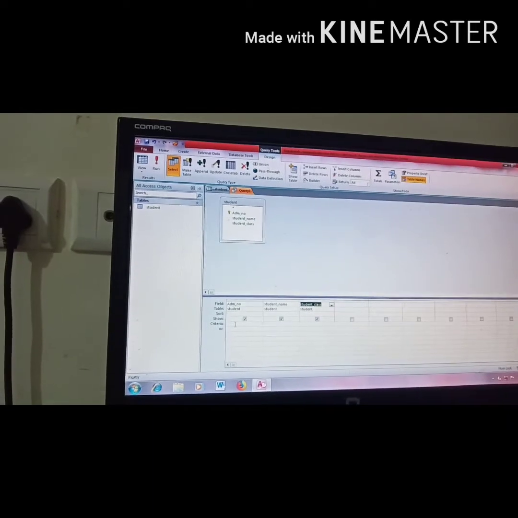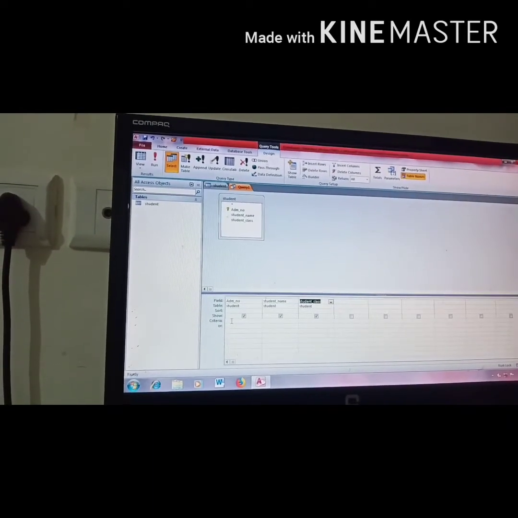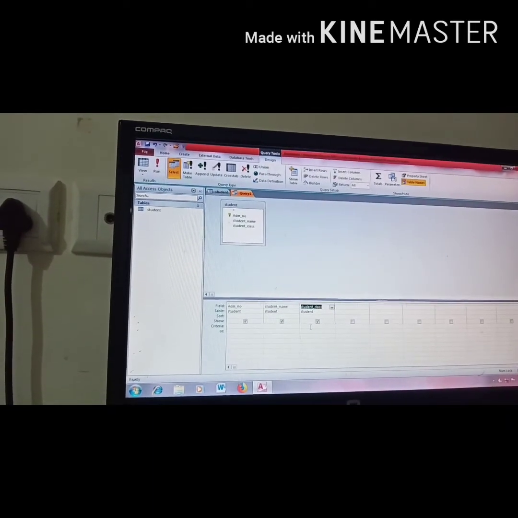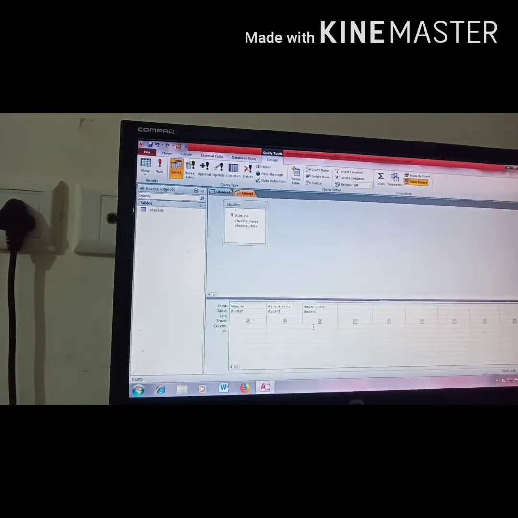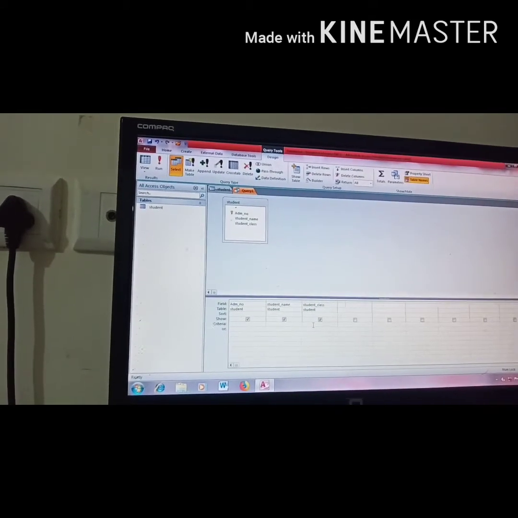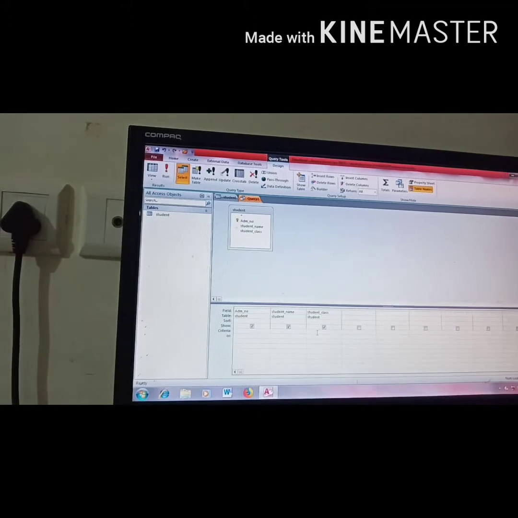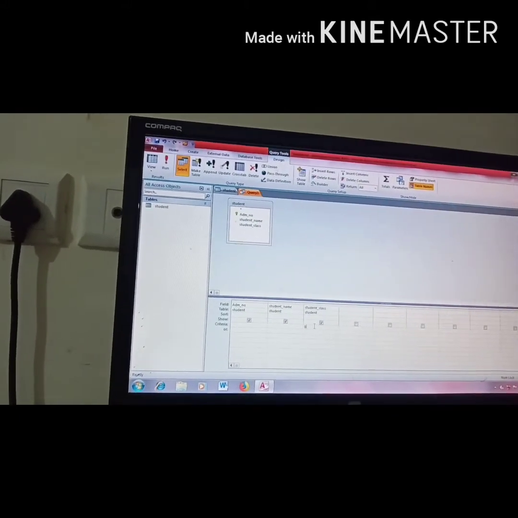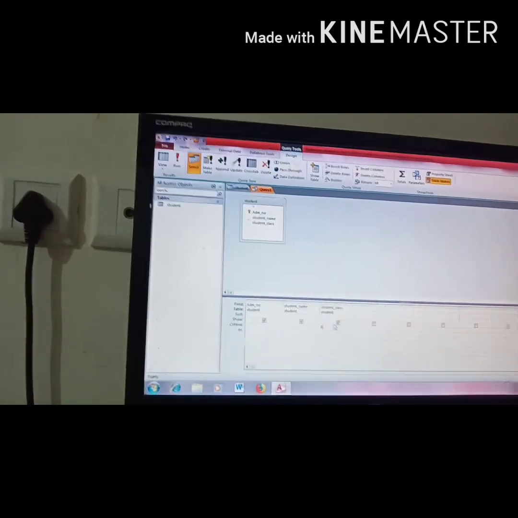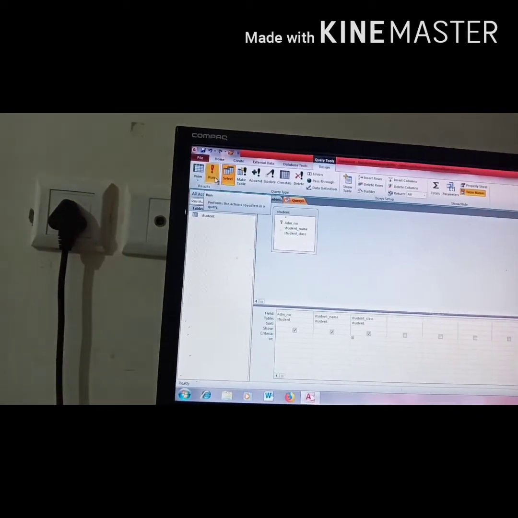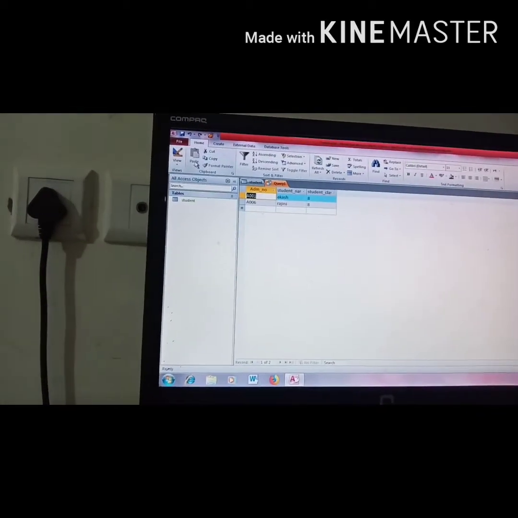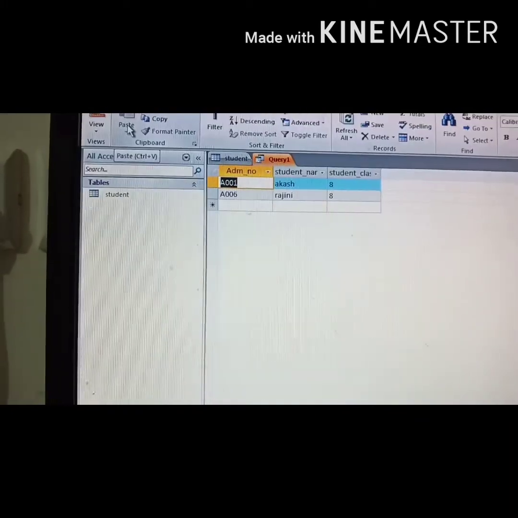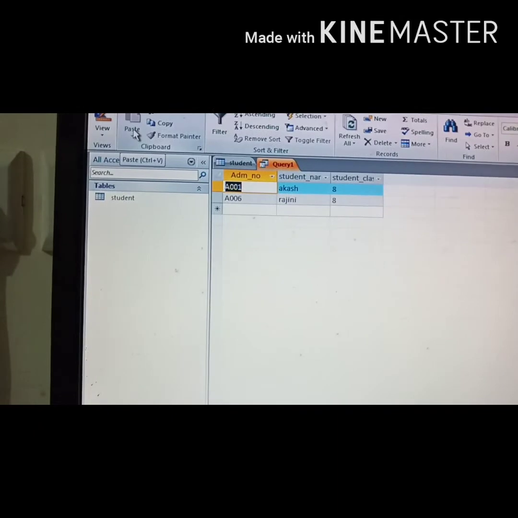So to evaluate this query, I have to work in the criteria section of the class, because the condition is class 8 students will be displayed. So here I am writing 8. Then I just click on the run option. See, the students who are studying in class 8 will be displayed.